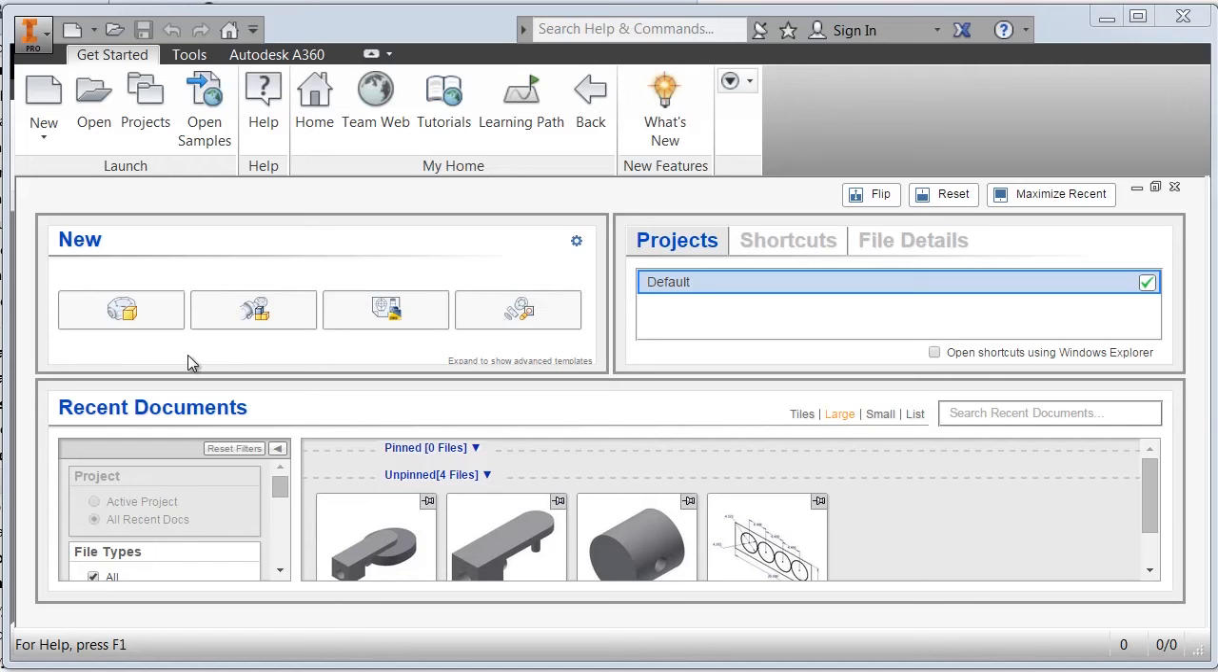This module of Inventor will include instruction on how to create a simple sketch, use of the revolve command, use of the revolve cut command, and use of the circular pattern command. To get started, we'll move our cursor to the upper left portion of the screen and we'll left click on